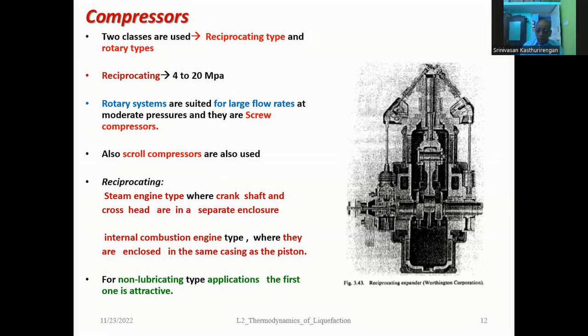So there are two types of compressors which can be generally used. One is called the reciprocating type of compressor. It means a small quantity of gas is taken in a cylinder, and then it is compressed by a piston, by moving the piston from, let's say, a far off distance, and then you reduce the volume so that pressure increases. So this reciprocating type of compressor uses a piston cylinder arrangement, and generally they are quite suitable for